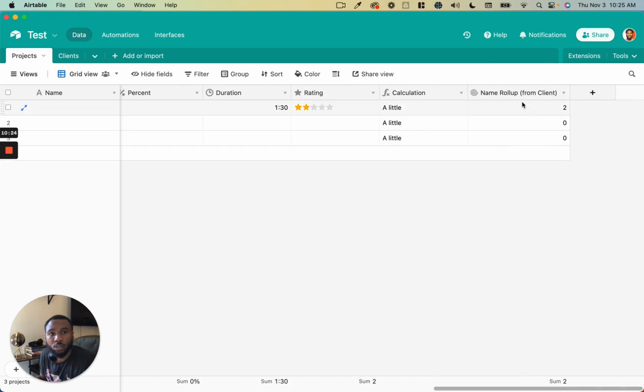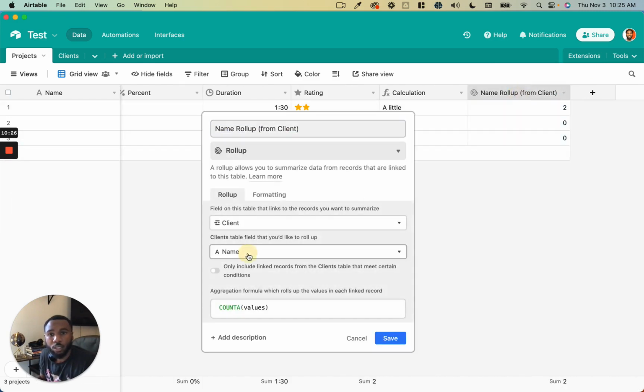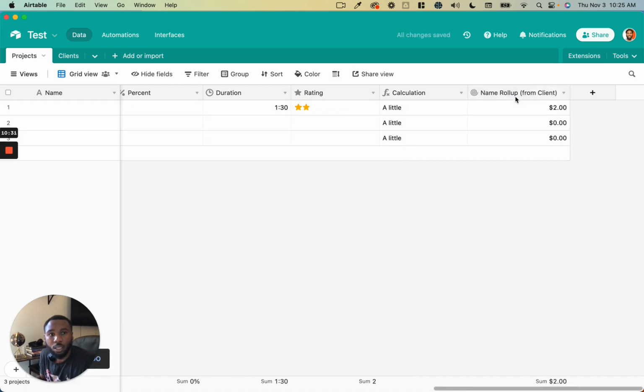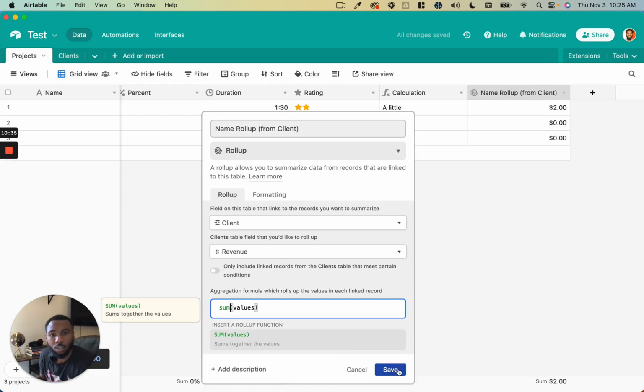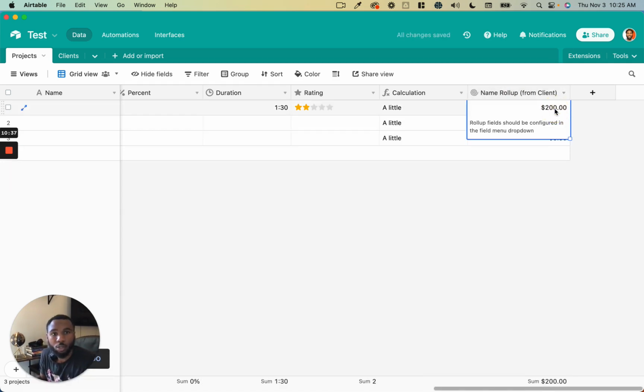So say we wanted to count, instead of the name, we wanted to count the currency, so the amount of revenue for all the clients. So let's actually make this a sum function. You'll see that it's going to roll up all the revenue fields for all the clients that are associated with